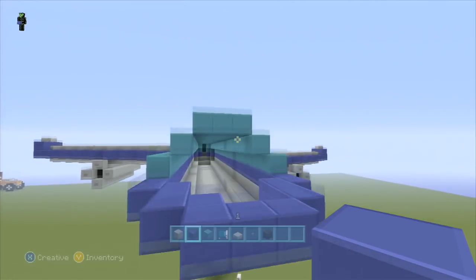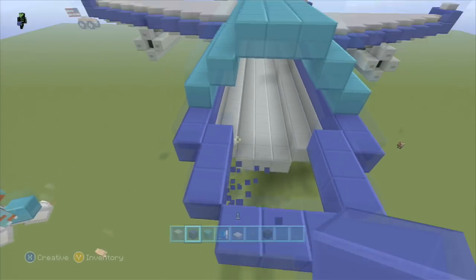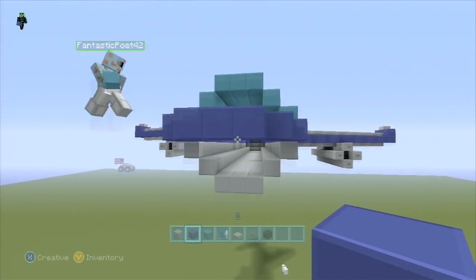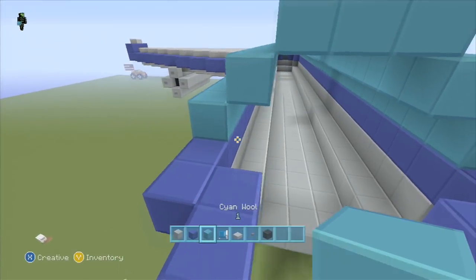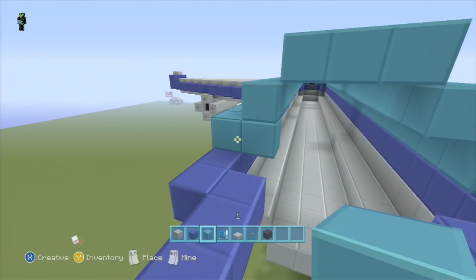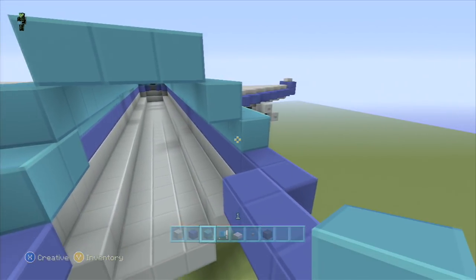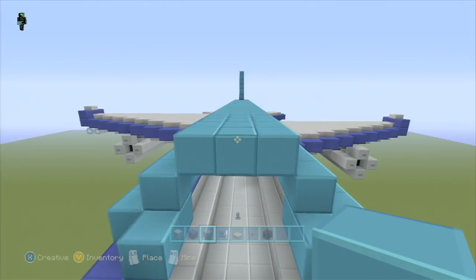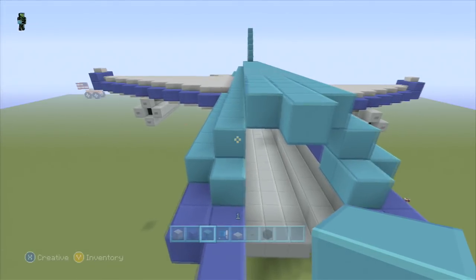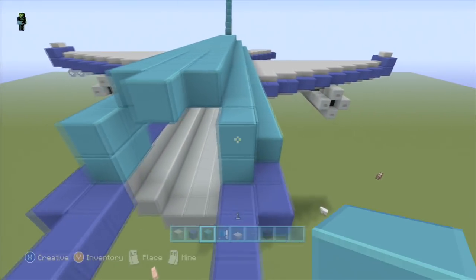Is that right? Yeah. Alright. And then this is only going to come up one. Then we're going to have to put some windows in here in a minute. Alright.